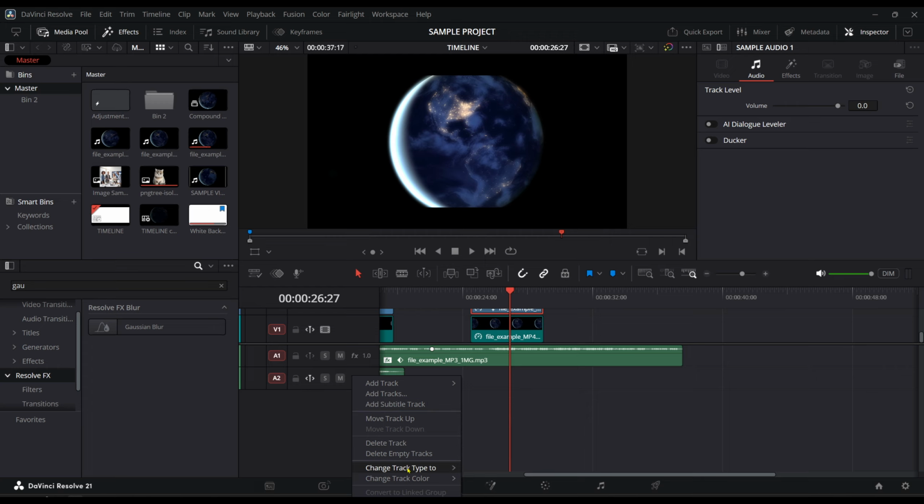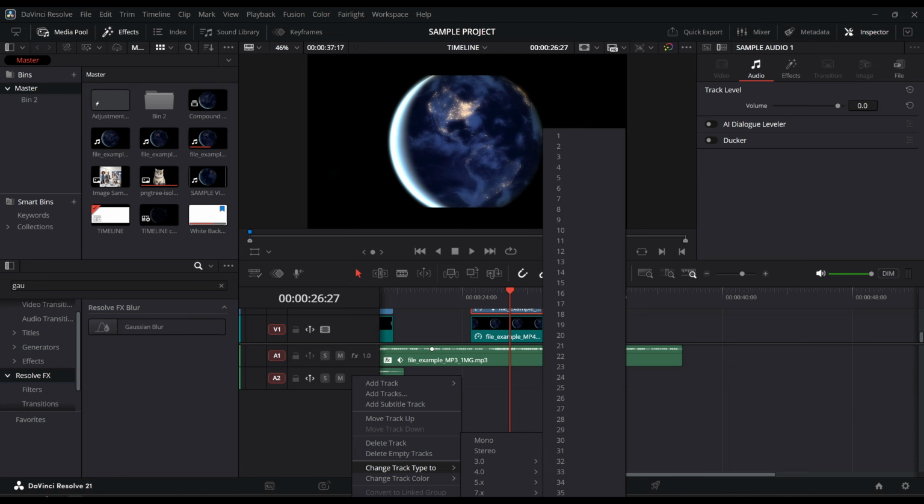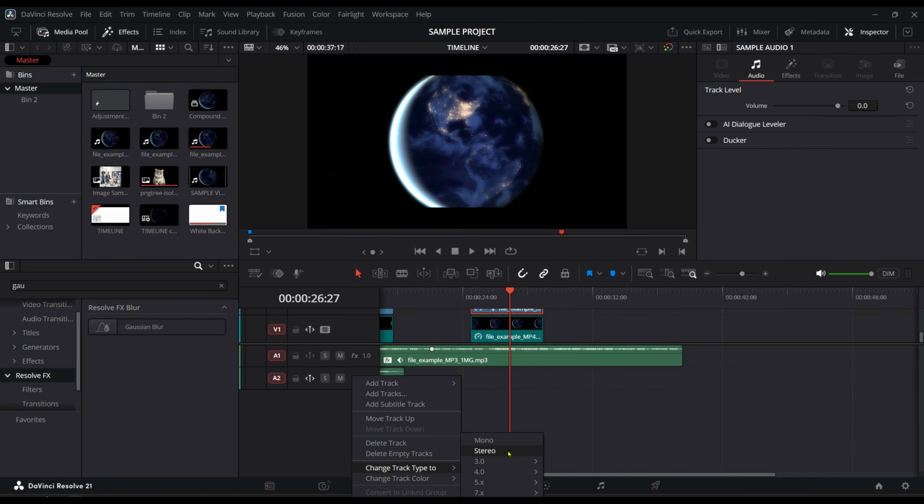One helpful thing to keep in mind is that changing the track type can affect how your audio is routed and heard in the timeline, so it's a good idea to play back your project afterward and make sure everything sounds the way you expect. If the audio doesn't sound right, double-check that you selected the correct track and the correct channel format for your source audio. This is a simple setting, but it can make a big difference when you're organizing your sound properly